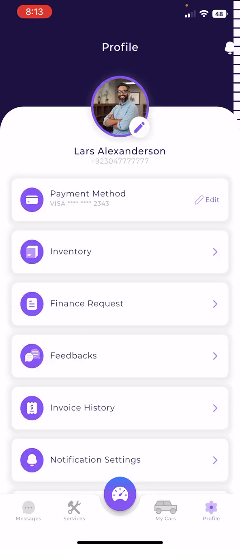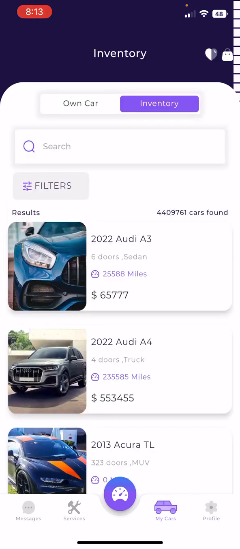And the second approach is I can go to this profile section. I'll click on the inventory part and it will land me over here. So,